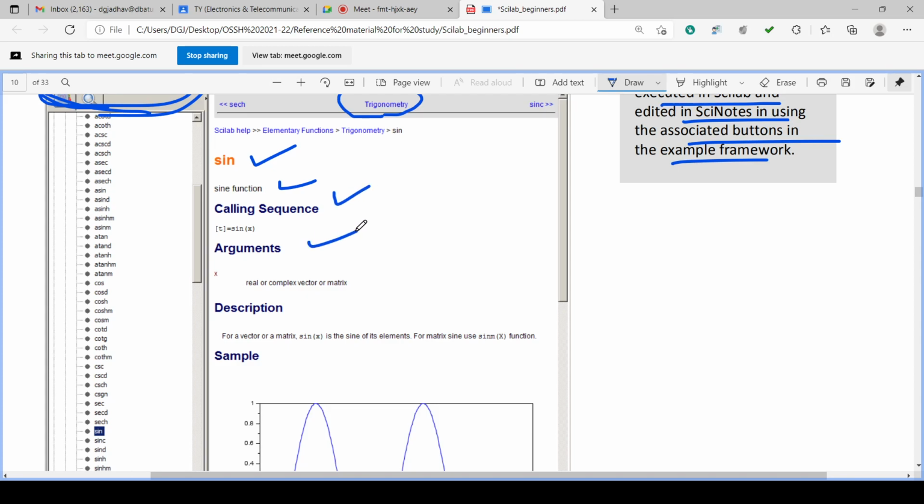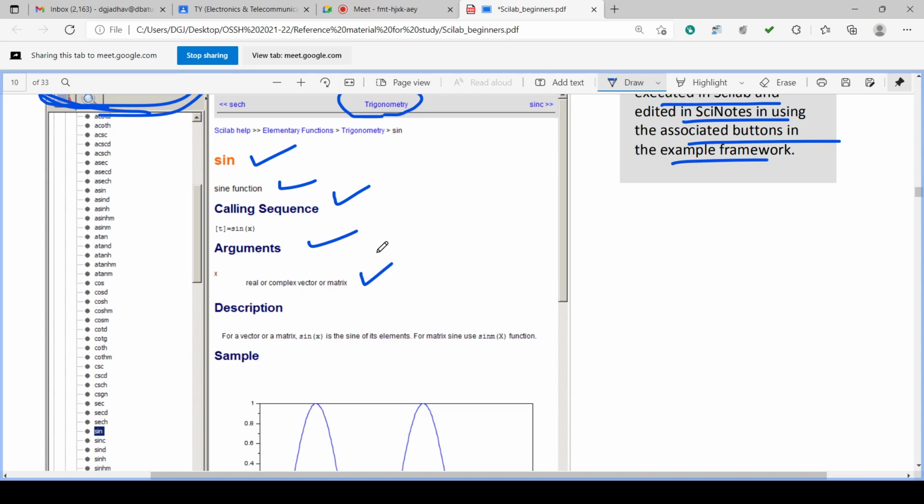The argument is x. It is a real or complex vector or matrix. You can substitute a single value or a vector or matrix for the sine function calculation. It will give the output as the sine of each individual value.